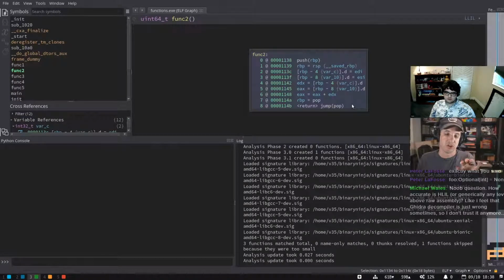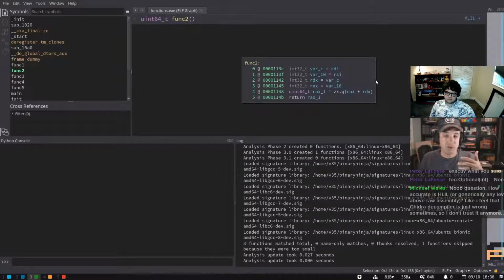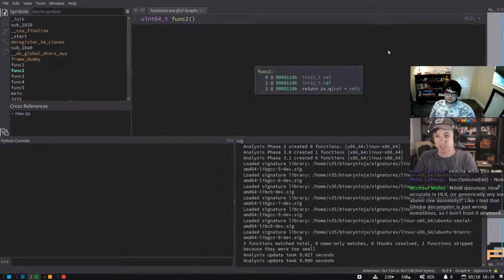Barring bugs in our translation and lifting of instructions, this is a very good model, so it should be fairly accurate. Medium level IL, now we're starting to abstract a little bit more. We're inferring types, getting rid of the stack, creating variables. And then high level IL, likewise, has even more abstraction, constant folding and merging. So every step you go introduces the risk for errors, but it also makes it way easier to read.